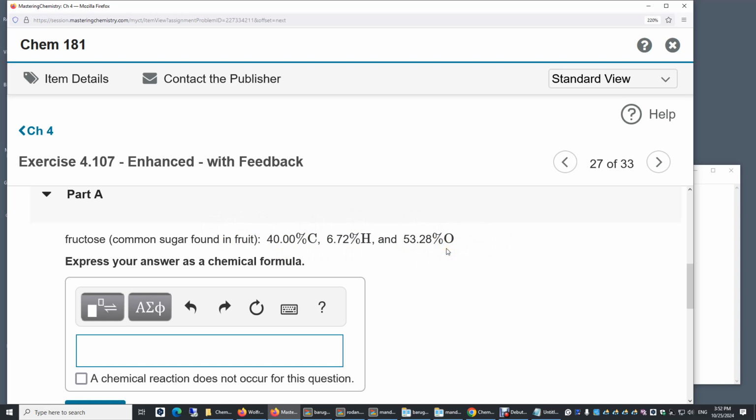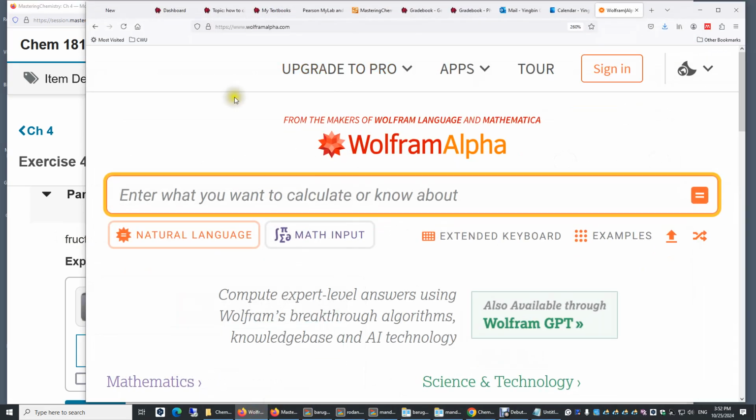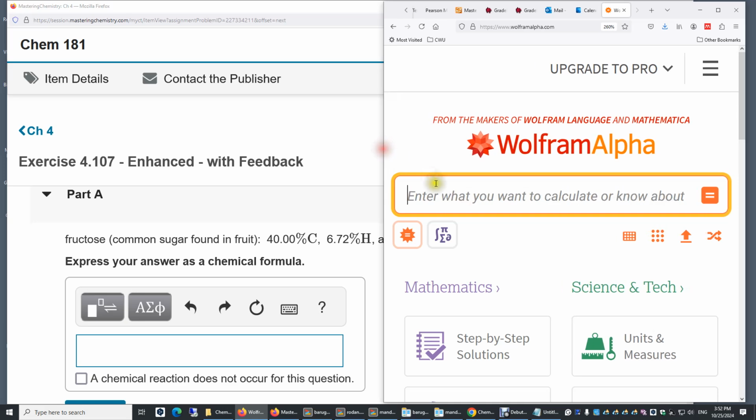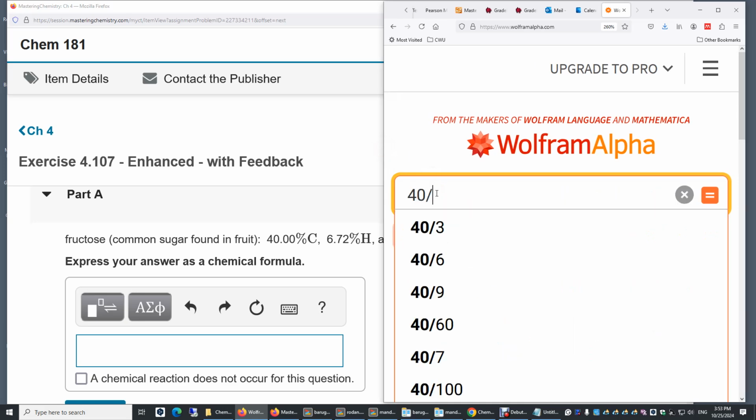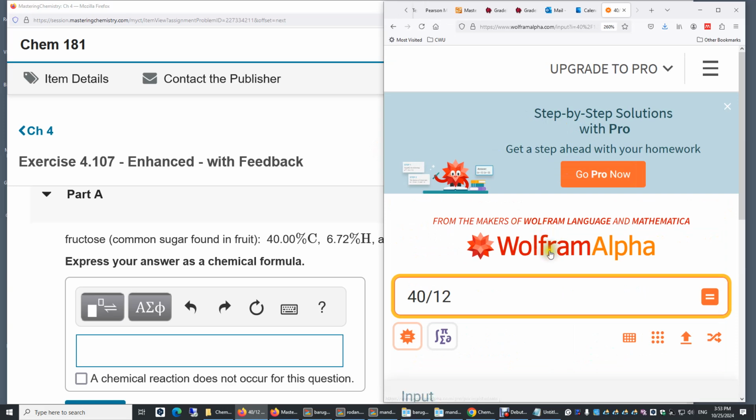So usually we'll just assume 100 grams of sample. And then we have 40 grams of carbon, 6.72 grams of hydrogen, and 53.28 grams of oxygen. It's just convenient to assume 100 grams of fructose in total. Now I'm going to use Wolfram Alpha to compute the number of moles. We have 40 grams of carbon divided by 12. The number of moles of carbon is